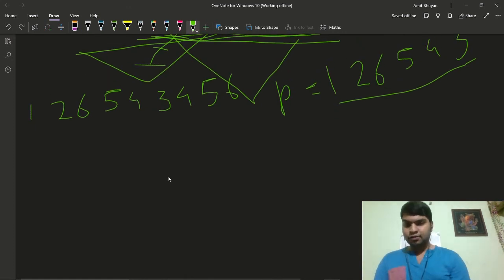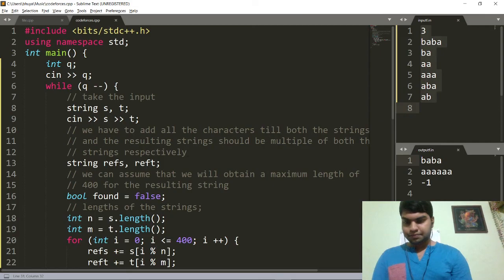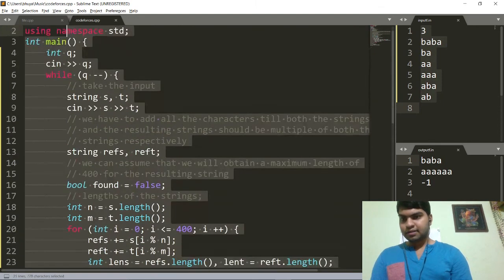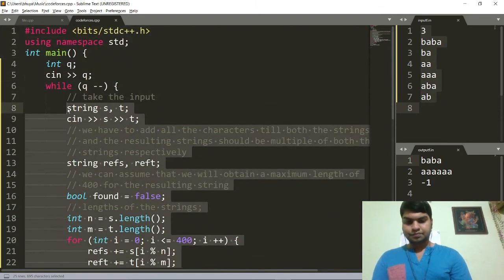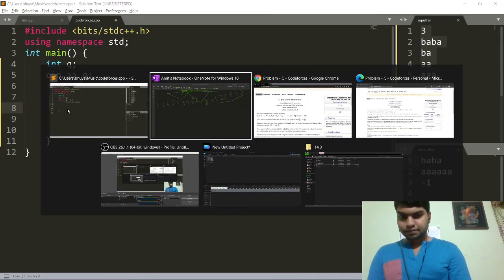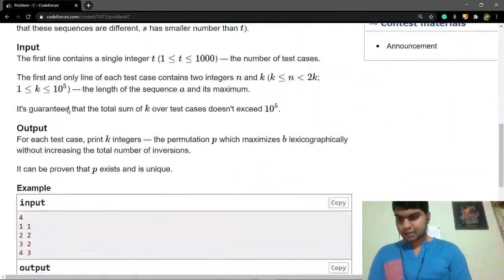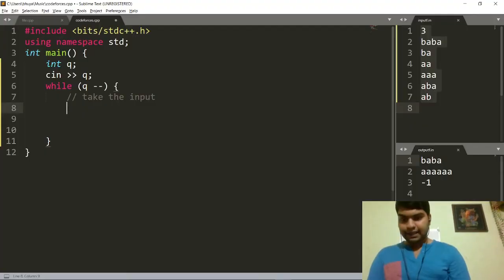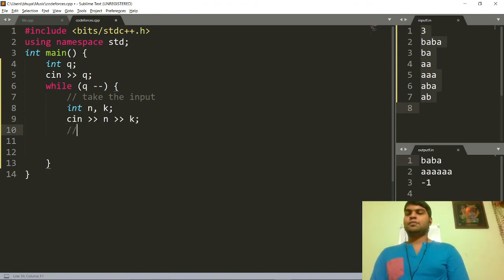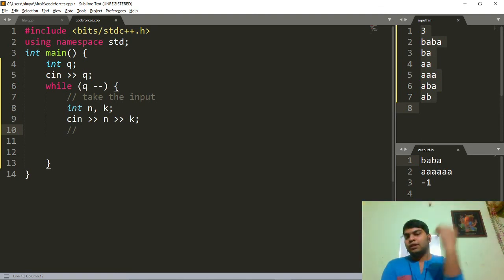So let's write it out in our code. Let's see the input. We are given two inputs, n and k. Take the inputs n and k. Now what can we do?